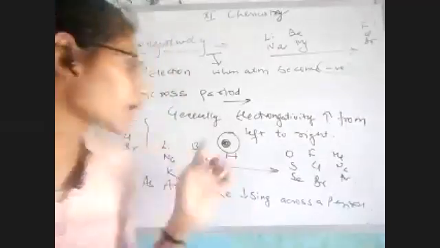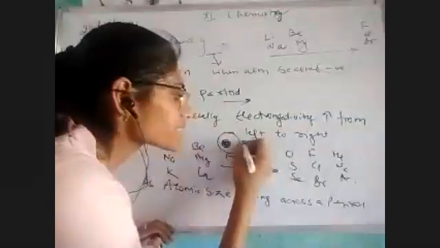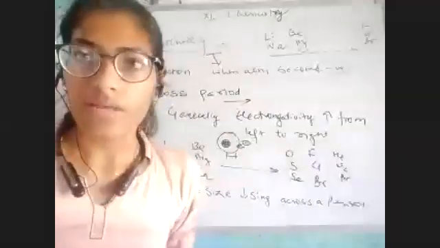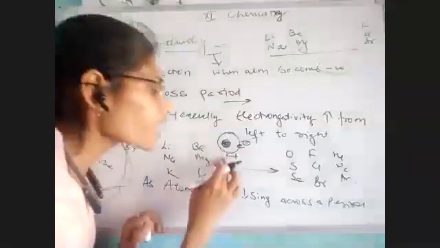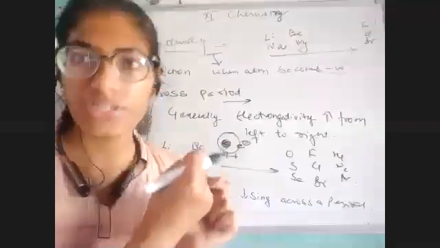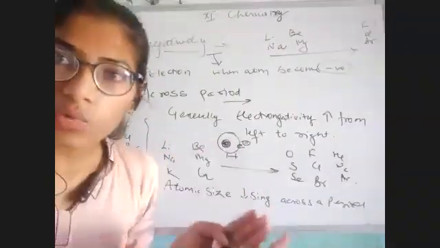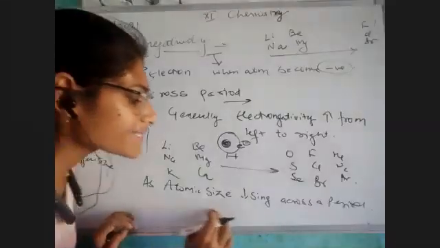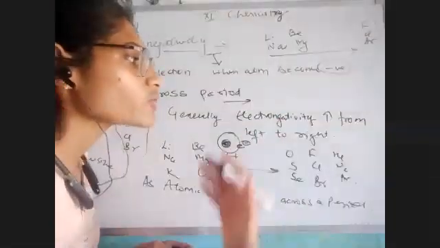We know very well that our nucleus is positively charged, whereas my electron is negatively charged. A positive and a negative attract each other very well. So I want to say whenever the size is small, जो nucleus है वो electron को अपने पास खींच के रखेगा. That means we can say in a small size, electronegativity would be higher than in a bigger size. Okay, and we know as the atomic size keeps decreasing across a period, electronegativity is going to increase from left to right.